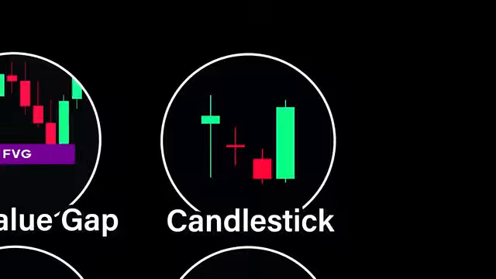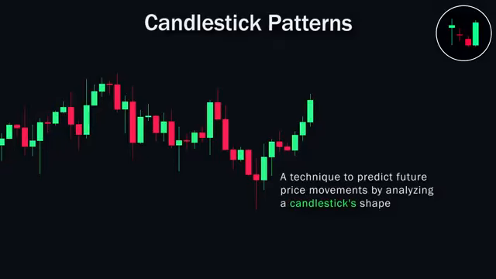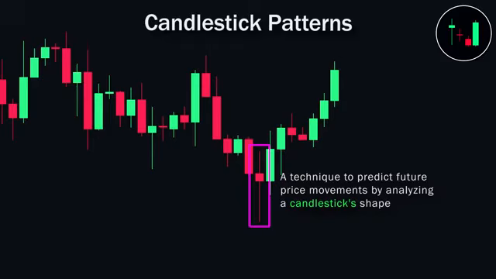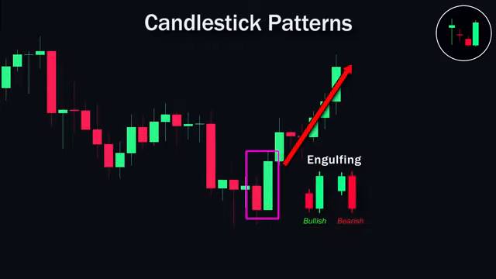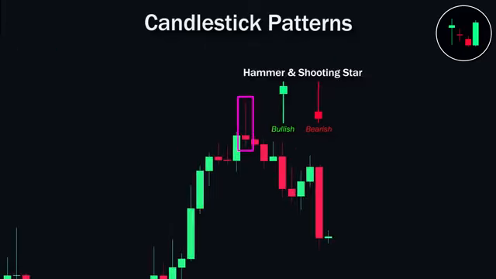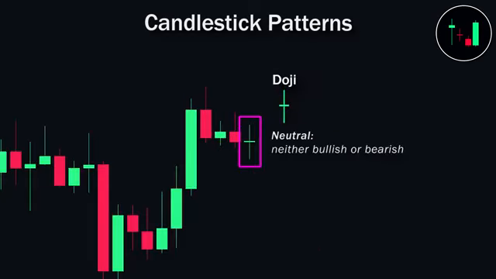Candlestick patterns. It is a technique that traders use to analyze future price movements by looking at specific candlestick shapes. Notable candlestick patterns include engulfing patterns, which signal strong momentum towards the direction of the engulfing candle, hammer and shooting star patterns, which indicates rejection as shown by the long wick on one side, doji patterns, which signals neutrality in